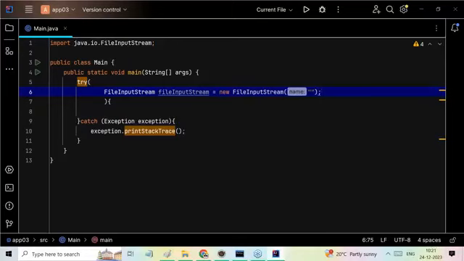Now then inside this, what we have to do there? FileInputStream, FileInputStream is equal to